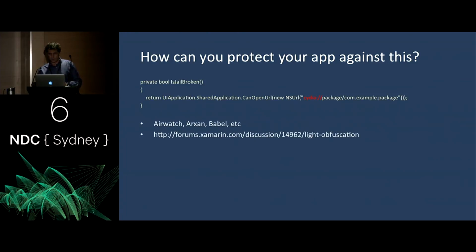There are some software tools that you can use to do this. That list is by no means exhaustive. I didn't even get as far as C. There's a bit of a discussion on the Xamarin forums about using Babel on Xamarin code. There are a lot of different approaches you can take to that. And that's more what you'd refer to as code hardening, which is more than code obfuscation. It's adding in these redundant process paths, adding in those random elements.